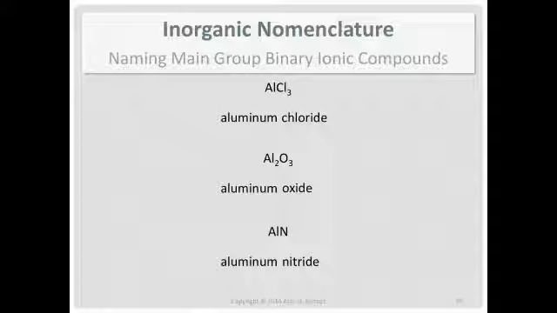And in the next podcast, we'll talk about how do you go from the name to the formula. And there's a little more work for that, but this is why you need to know the names of the cations and the anions. Because if you know the names of the ions, then you can name the chemical formula.